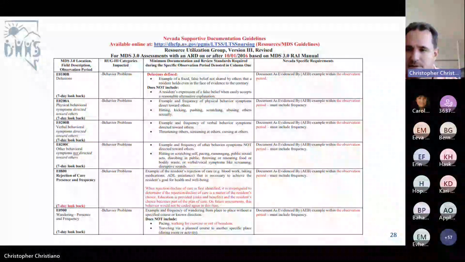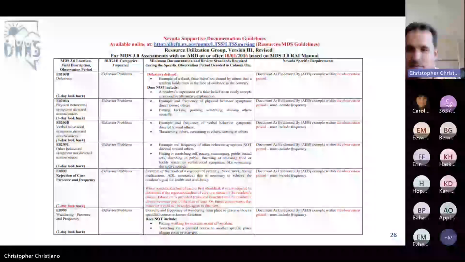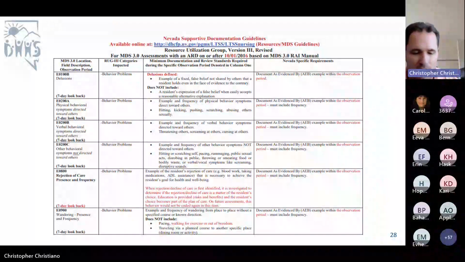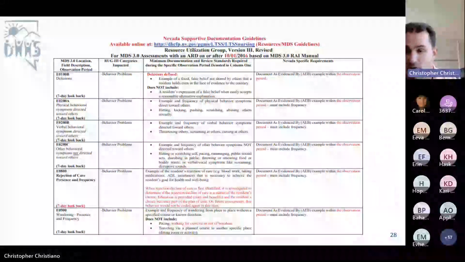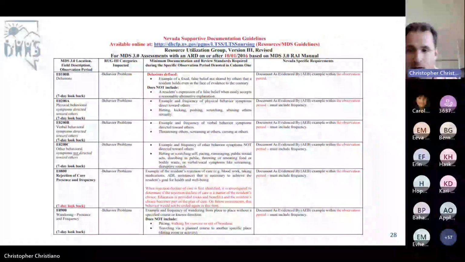And a lot of the items that are listed in the Nevada Supportive Documentation Guidelines require an "as evidenced by" statement, okay? Now you can take the approach of an "as evidenced by" statement as just a great documentation note that clearly defines that specific item and what you're coding for.